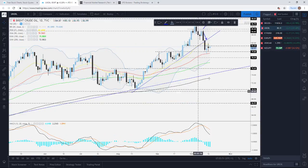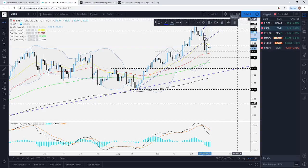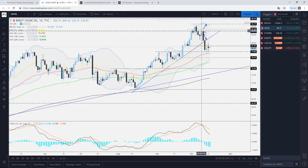Let's jump into one commodity, and that's Brent. Brent, I was covering this one last week. I was telling you guys to keep an eye on this area here. As you can see, it acted as a very nice area of resistance at 84.95 together with the 85.40. So basically this area